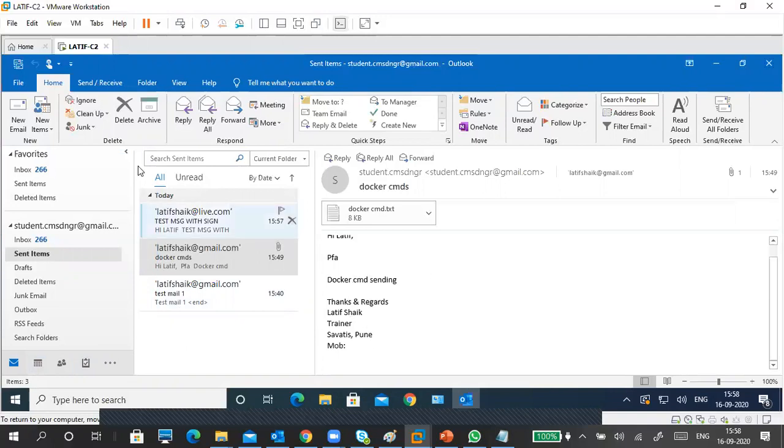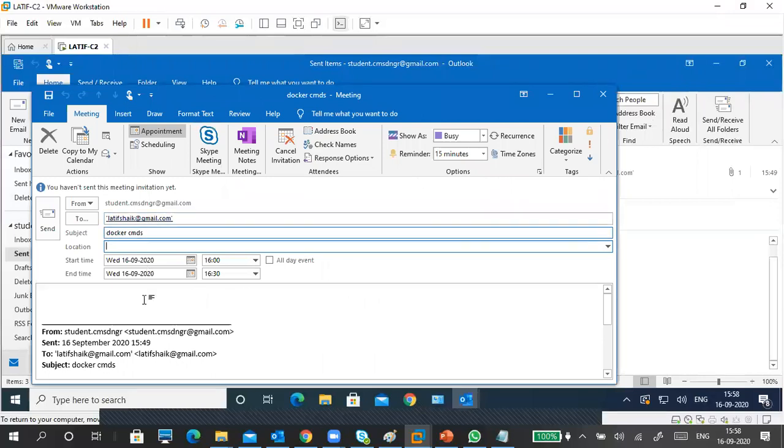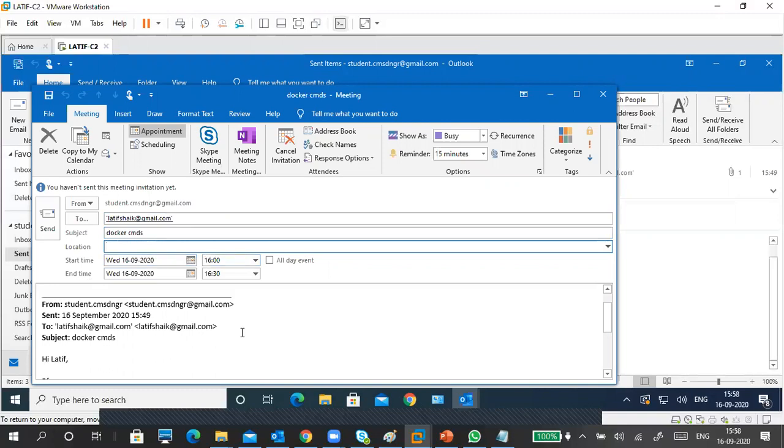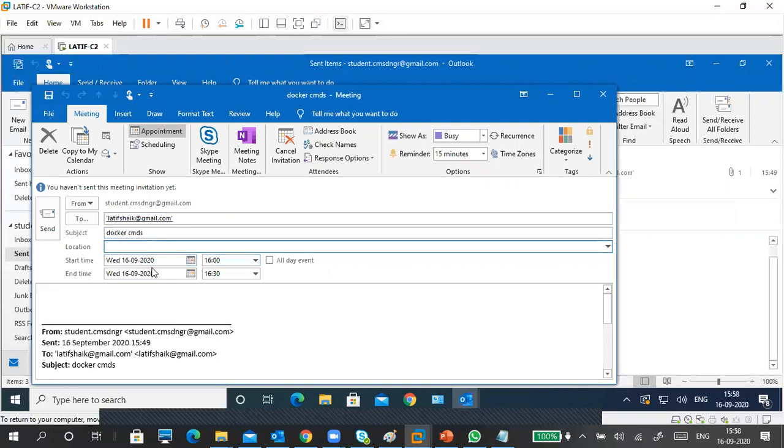This is archive, reply all, forward. This is for attending meeting replies. If any meeting is already scheduled, this is a meeting reply, or you can create your own meeting. When it starts, when it ends, that is a meeting event.